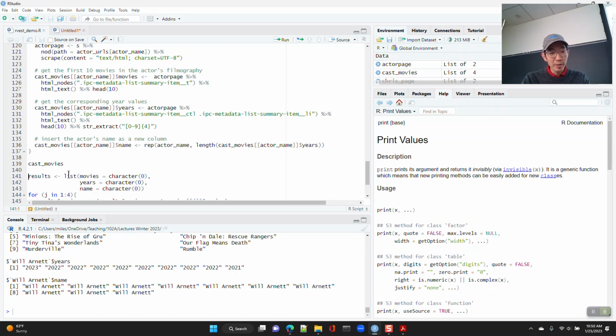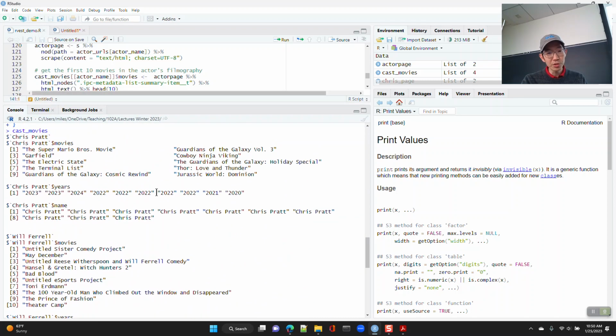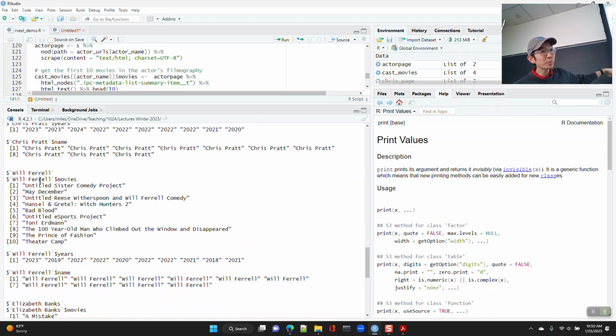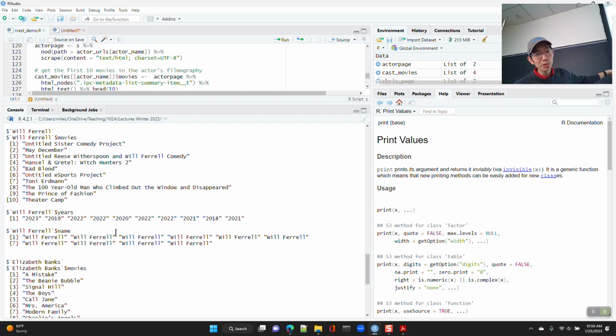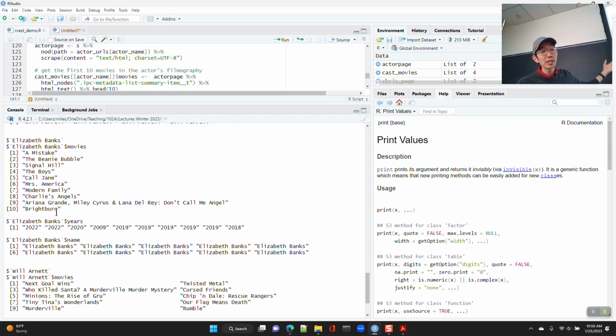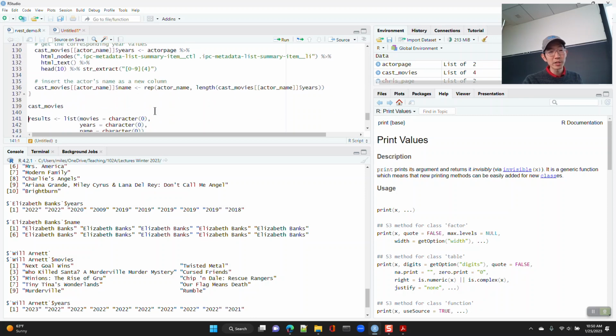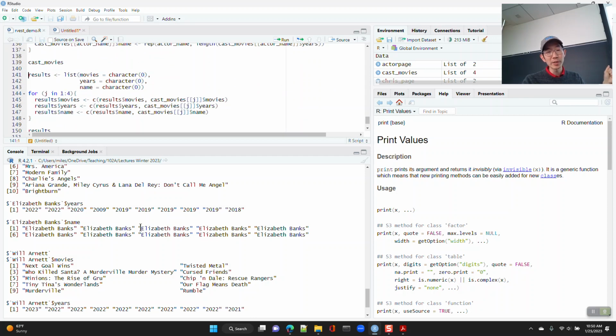All right, so anyway, when I take a look at the content, it indeed has gone to these different actor pages, okay? It went to Chris Pratt, and it pulled out his movies and the years of those movies. Then it went to Will Ferrell's page, pulled out his projects and the years of those projects, and went to Elizabeth Banks' page, pulled out her projects and the years of those projects, and so on and so forth. And then to combine it all, I've got a loop to go over the list. I'm going to execute that in a moment, but let me give you your last view quiz answer,